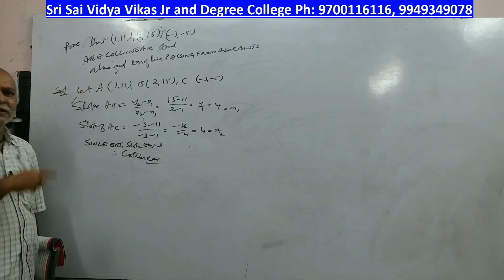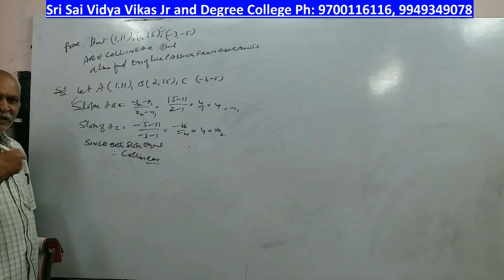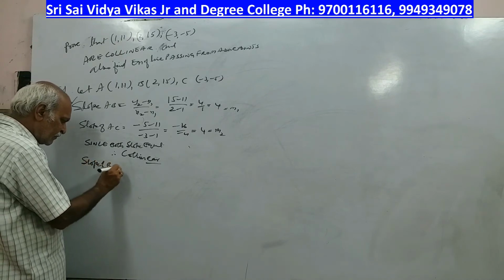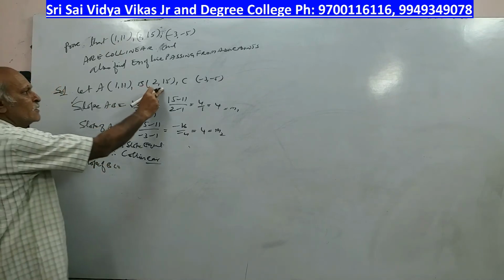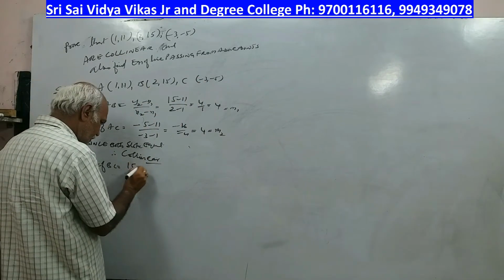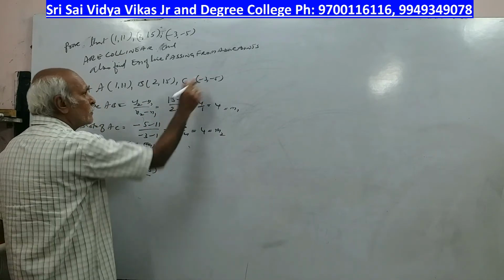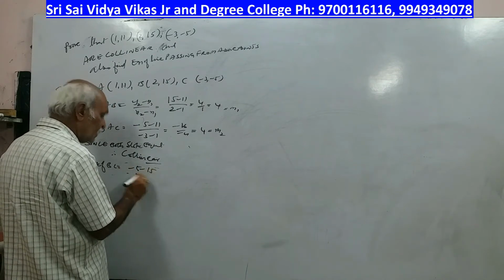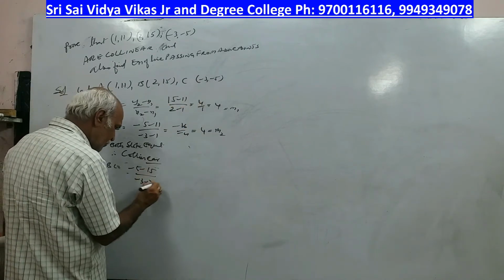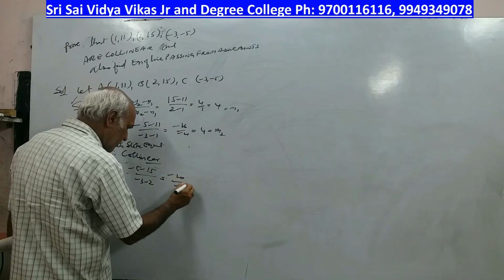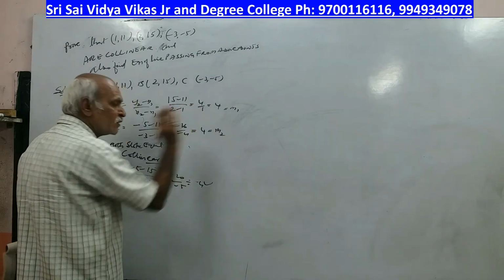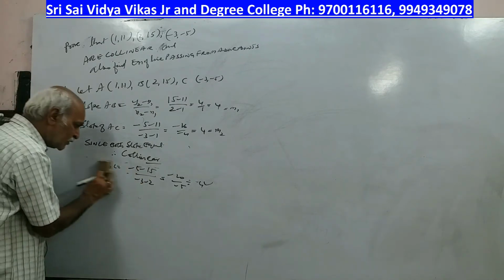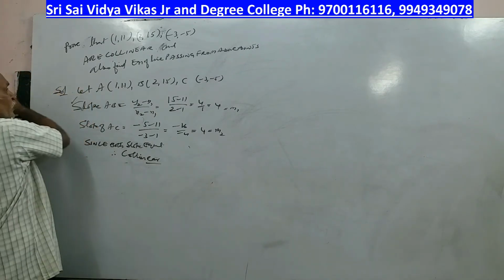Somebody will have a doubt, sir. You have taken AB and AC. If I take BC, what will happen? I am writing that also. Slope of BC: minus 5 minus 15 by minus 3 minus 2, so minus 20 by minus 5. How much do we get? Plus 4. To make you understand, I wrote this. This is not required, so this also will be the same. So you always find AB and AC.